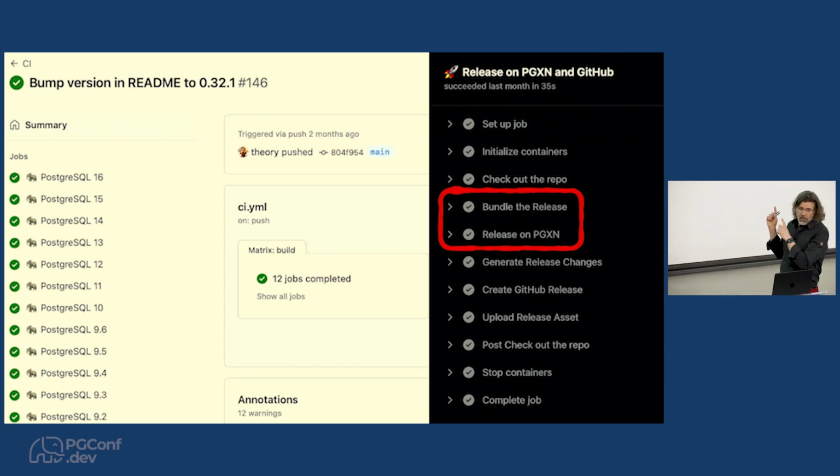This, by the way, these screenshots are from projects that are using a Docker container I've written in the last couple of years to automate all this. So you have to integrate that into your existing extension repositories, but we wanted to make it so that the command line client can kind of take away the grind of managing that stuff.